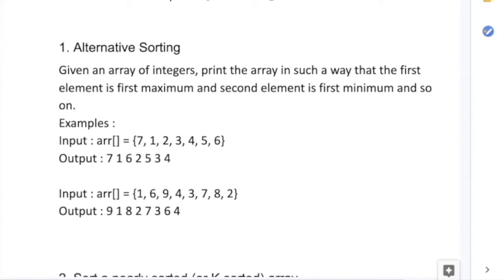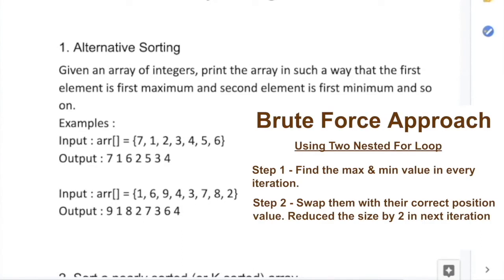Manoj, can you first? I'll start with you. What is the approach that you tried, Manoj? Yeah, so what I did was first I wrote a for loop. In that, I found the maximum value and the minimum value of that array. After that, I came out of the loop and I again wrote one more for loop. And in that, I'm iterating one by one. If it is the maximum value which I have right now in my hand, then just make a swap of it. So the max will be placed at the first position of the array, and same for the min as well. So in this way only I did.